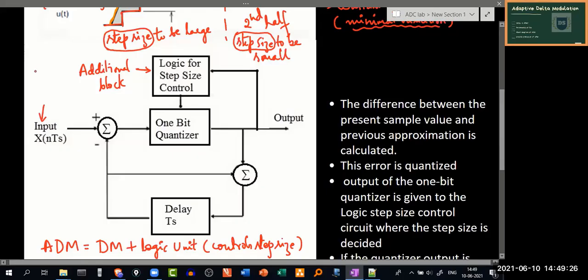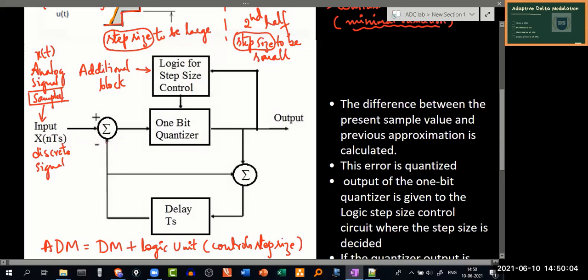If we have any analog signal, it will be sampled using the sampler block, and we'll get input in discrete form. Right now x of t, which was continuous in nature, has been converted to x of nTs.